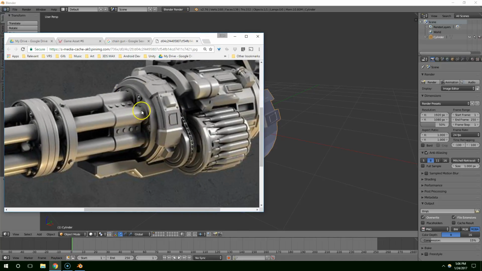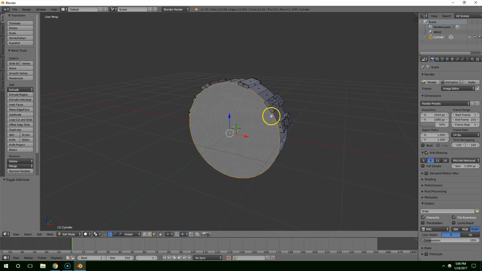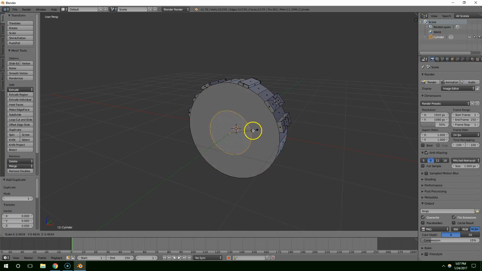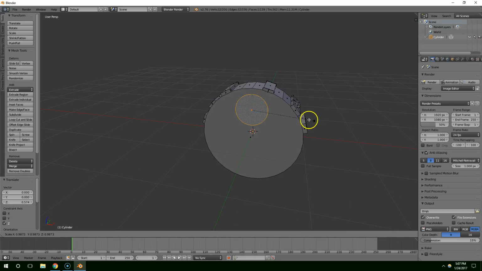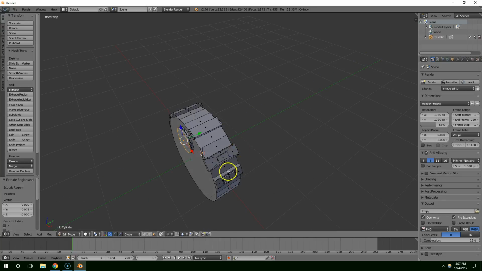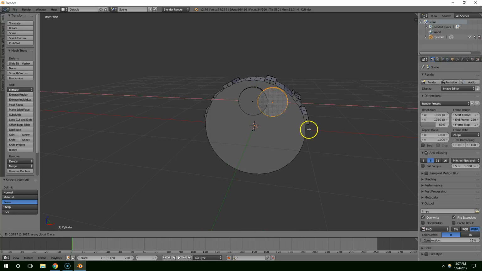Now let's create some rings here. To do that, I'm just going to click on this face, hit Shift D to duplicate, right click to release it, and then S to scale in. E to extrude that, and then I can hit Control L to select the whole thing, Shift D to duplicate, middle mouse click to lock it to a certain axis, and then drag it like this, pull that down,